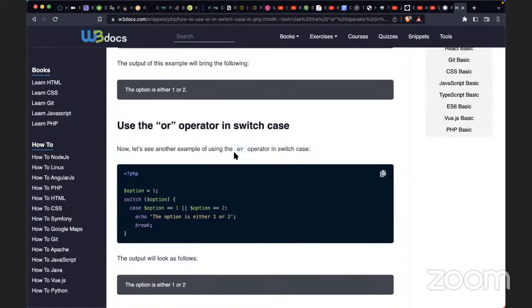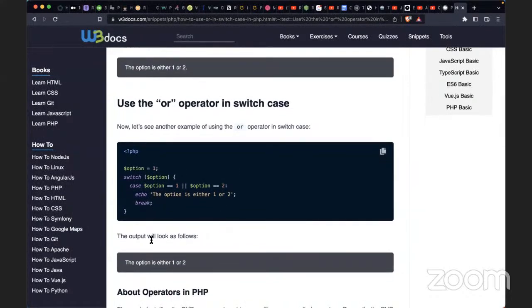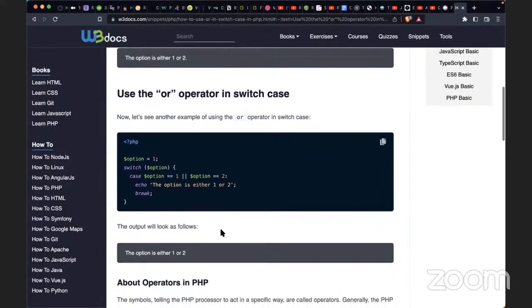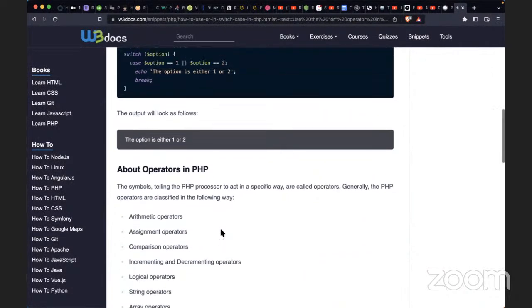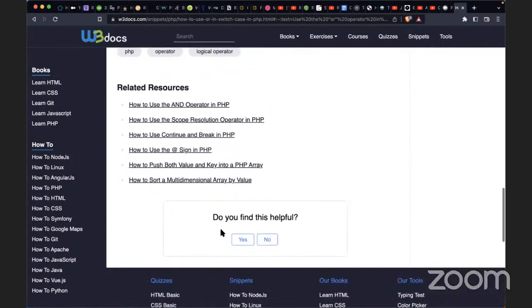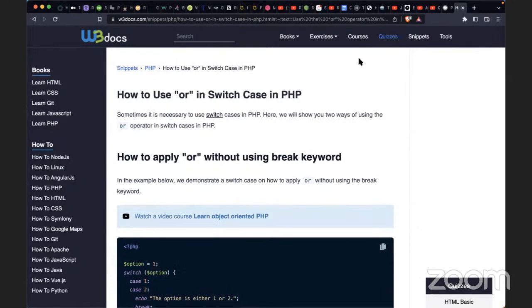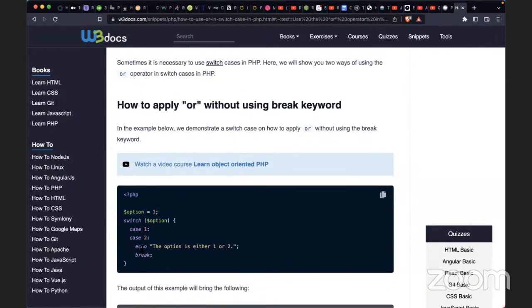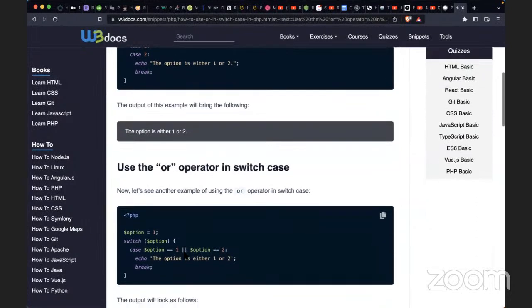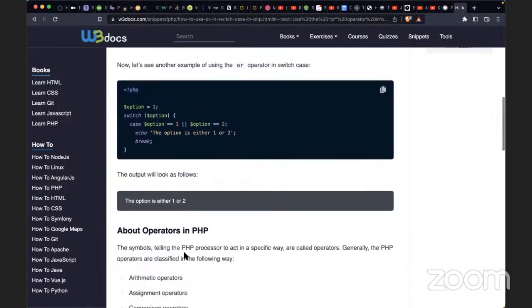Now let's see another example of using the operator. The output will be as follows: option equals 1, or option equals 2. Then you have this option is this. Then maybe it's the default that I've written wrongly, but I'll see. Let me see here. It doesn't have the default, and